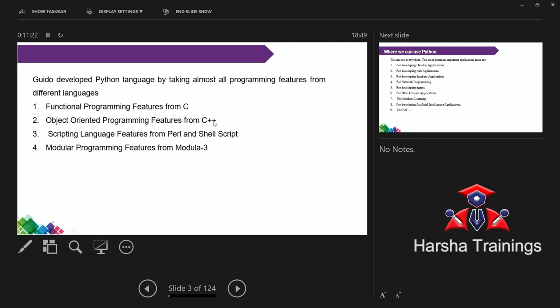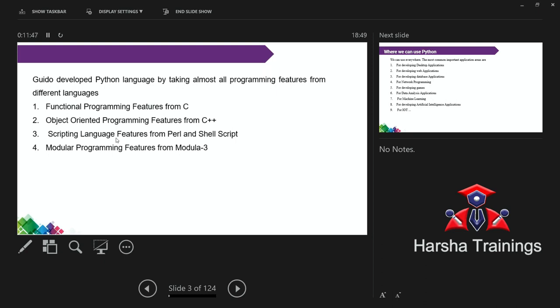Now, C++ contains object oriented features. Even Java is also object oriented. So those object oriented features are inherited from C++. Now, scripting. I think you know the scripting languages, even though you don't know how to program, but you have listened to them. Suppose PHP, shell script, Perl are scripting languages.